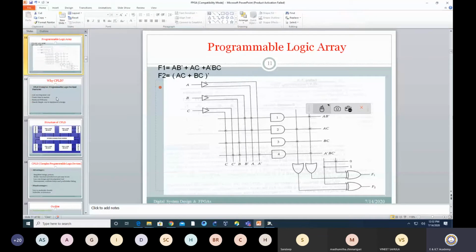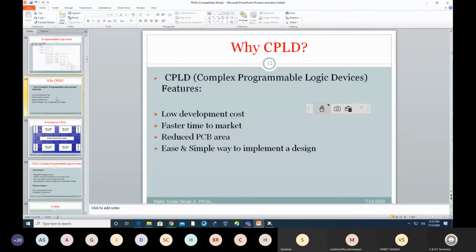Now we have seen all three of the SPLD family, the simple programmable logic design family, where I have some sort of AND or OR array structure. The PROM example I have not covered, but I think you can do it. If you understand the PAL, then the PROM is exactly the same. The only thing is the SOP POS structure: your PAL is basically SOP structure implementation, and your PROM can support POS implementation.